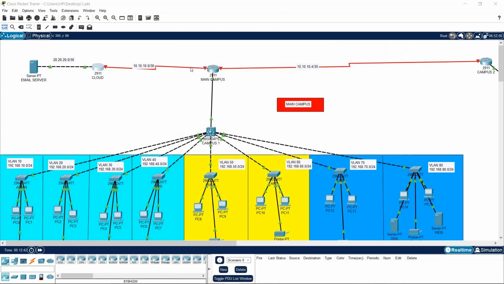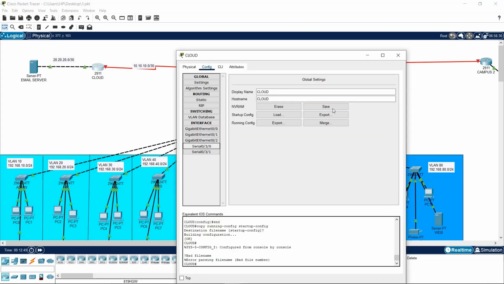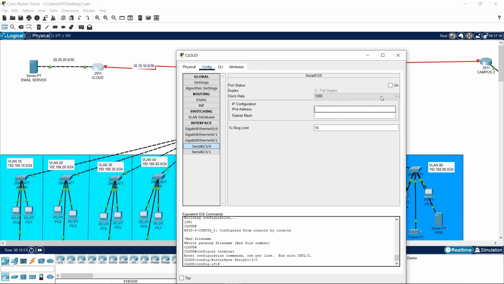Let's start from here. 10.10. So this is serial 030. Come here and turn it on first. 10.10.10.1, 255.255.255.0. Okay,